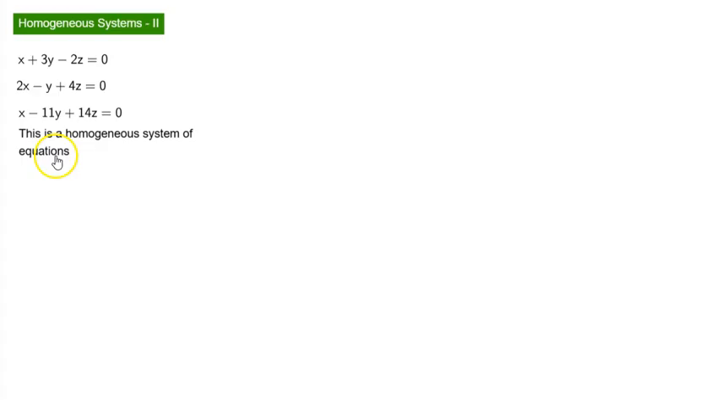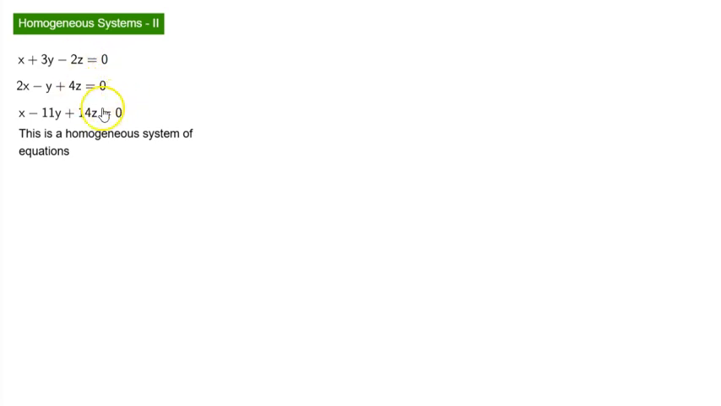In the previous session, we have looked at homogeneous systems. Now let's solve a couple of problems. Let's say we have a system of equations: x plus 3y minus 2z equal to 0, 2x minus y plus 4z equal to 0, x minus 11y plus 14z equal to 0. Now, it's clear that this is a homogeneous system of equations because of the